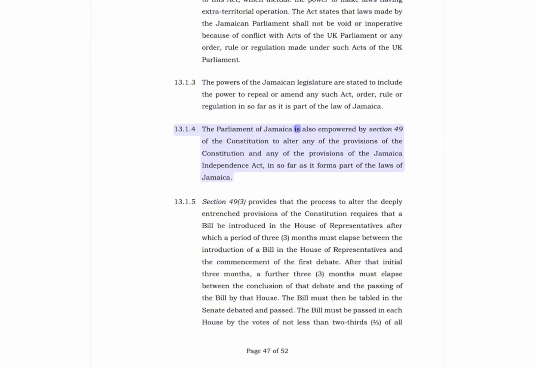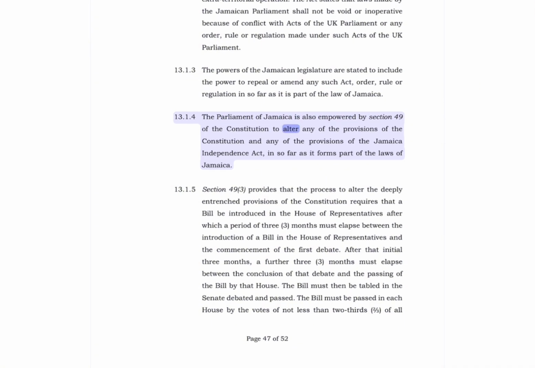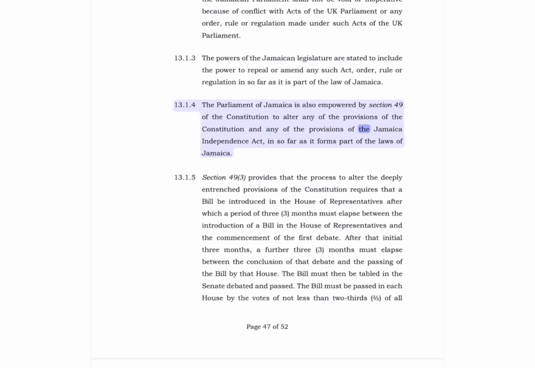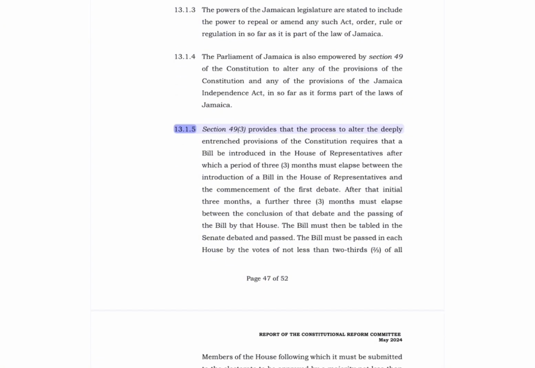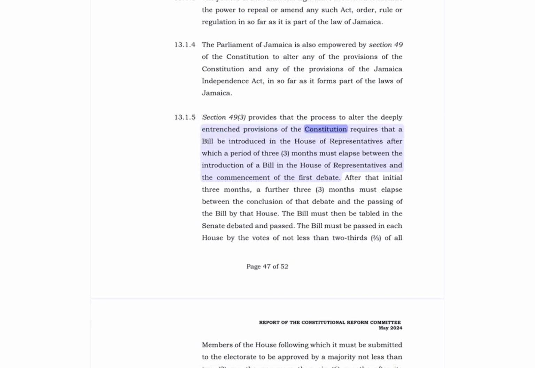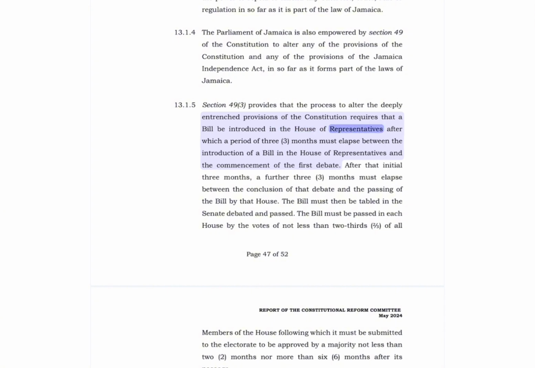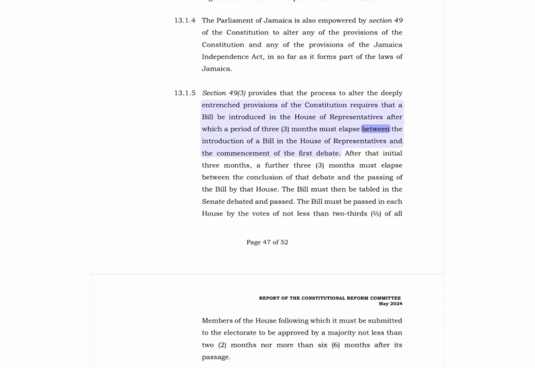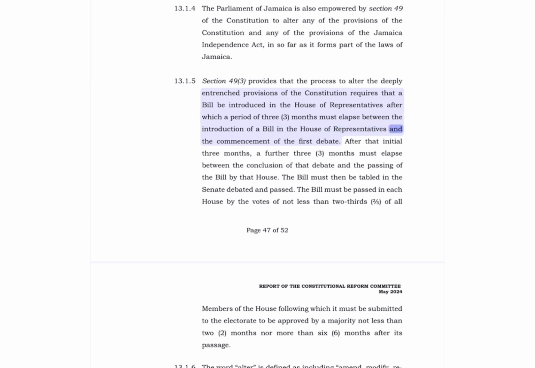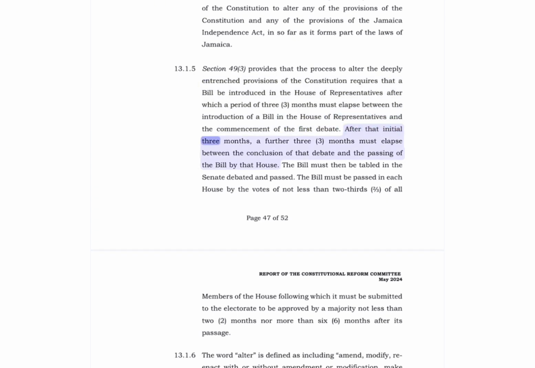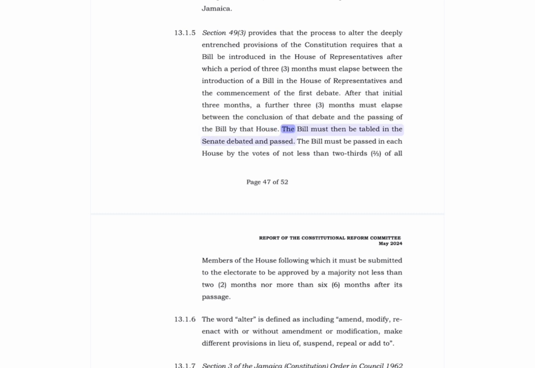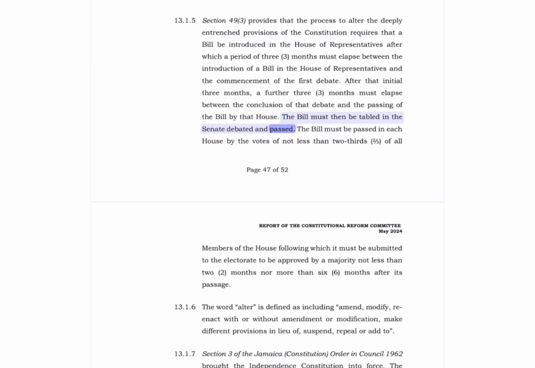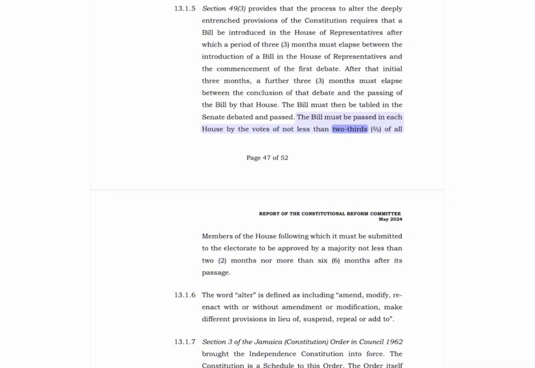13.1.4 The Parliament of Jamaica is also empowered by Section 49 of the Constitution to alter any of the provisions of the Constitution and any of the provisions of the Jamaica Independence Act insofar as it forms part of the laws of Jamaica. 13.1.5 Section 49.3 provides that the process to alter the deeply entrenched provisions of the Constitution requires that a bill be introduced in the House of Representatives, after which a period of 3 months must elapse between the introduction of the bill and the commencement of the first debate. After that initial 3 months, a further 3 months must elapse between the conclusion of that debate and the passing of the bill by that House. The bill must then be tabled in the Senate, debated and passed. The bill must be passed in each House by the votes of not less than 2/3 of all